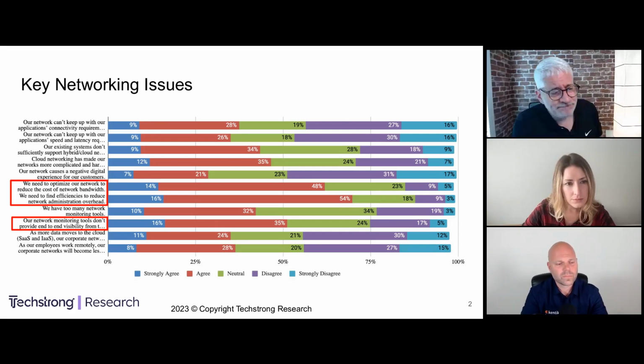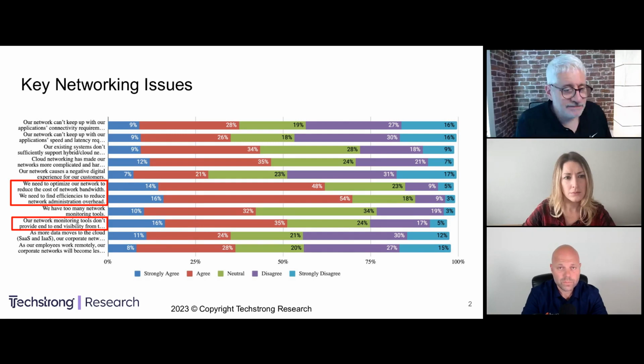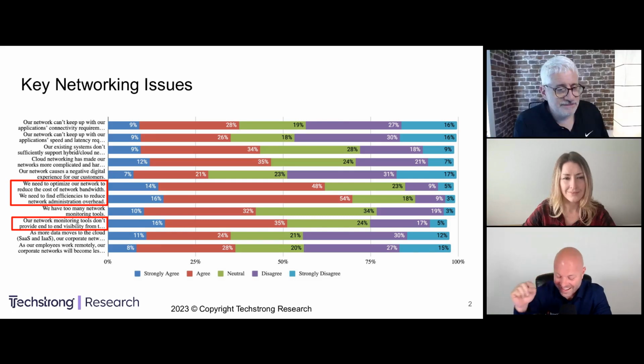So your first bullet there that's not circled is that our network can't keep up with our application's connectivity requirements. Those requirements are out there. And if you think about it, every one of those components that the application touches between sitting on a tablet at a coffee shop or at home or in a branch office, whatever, and then those resources that you want to access. I actually recorded a podcast with somebody recently, and I said that the whole point of the network is the delivery mechanism for the application.